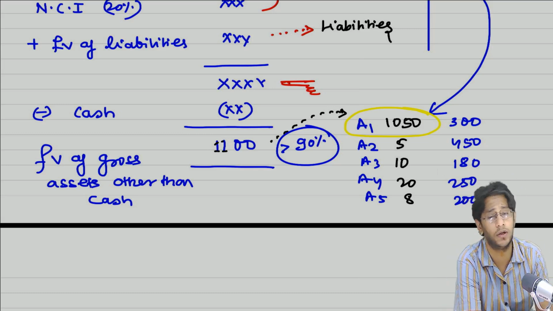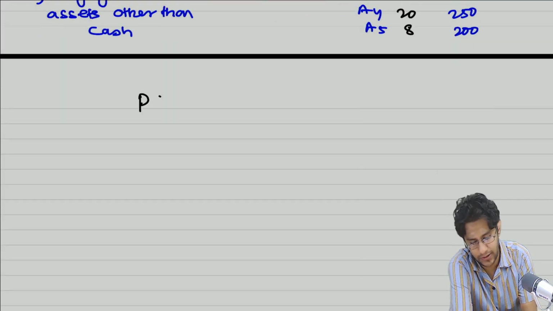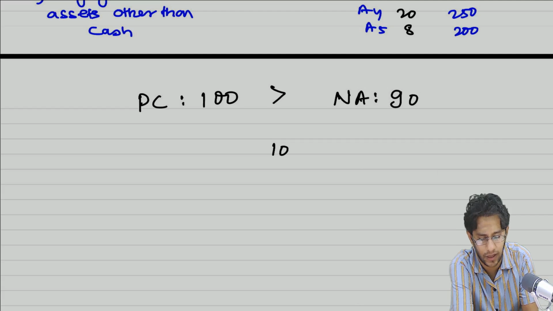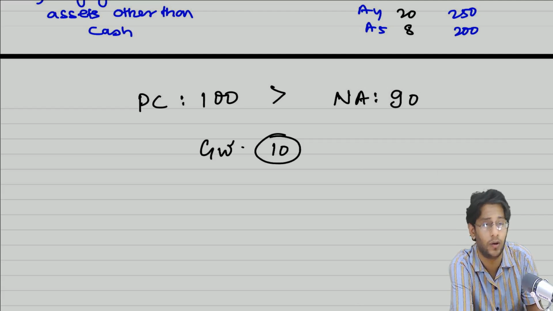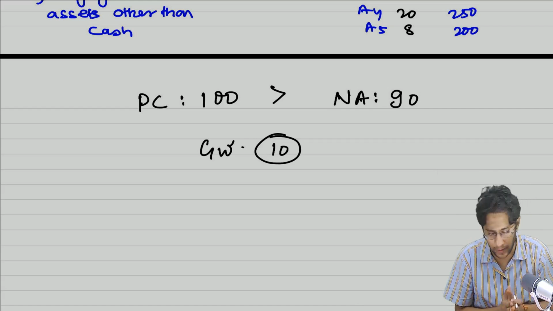So why are we bothered whether it's a business acquisition or not? See, sir, suppose the consideration paid is 100, as you all know from your earlier studies. The fair value of net assets acquired is 90. You paid an extra 10. This 10 rupees we are calling goodwill. Or if you pay less, it's a bargain purchase, then we'll transfer it to capital reserve. This is what we have already in mind.